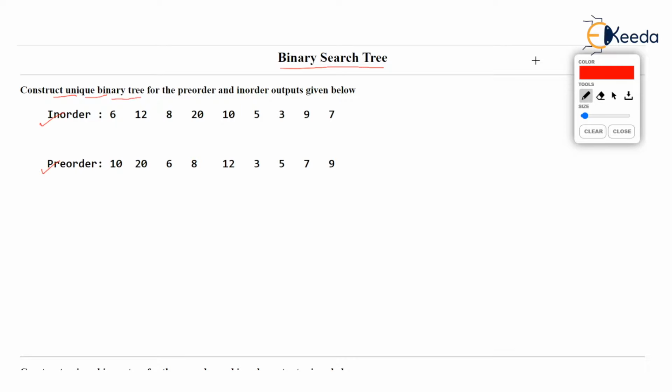Notice the word unique here. That means everyone solving this question should get the same binary tree, a unique binary tree, if the pre-order and in-order outputs are given. Now, surely there exists a binary tree for which these in-order and pre-order outputs have been gathered. So, what is that binary tree? We are trying to find out.